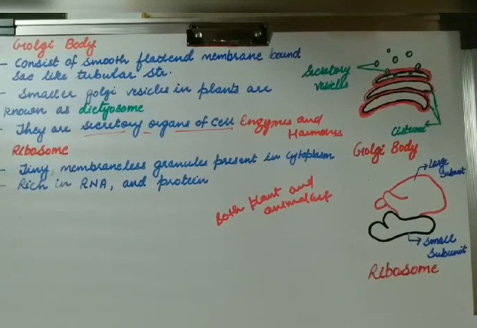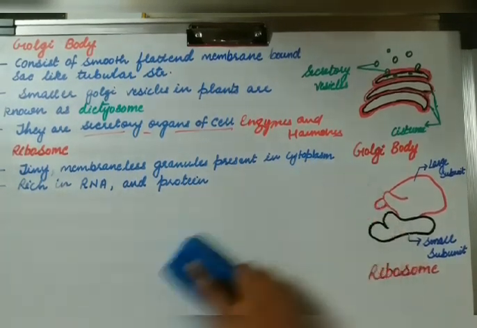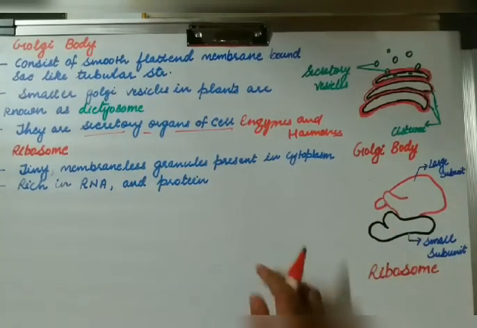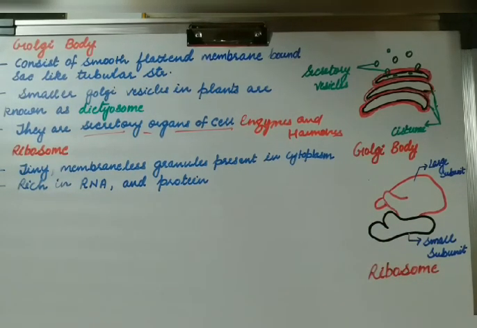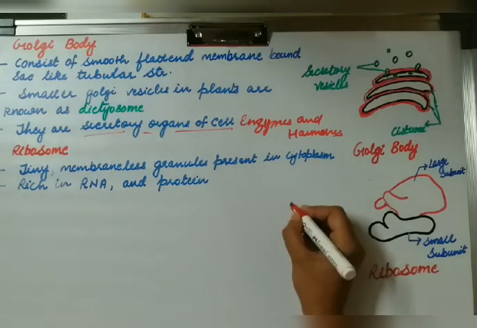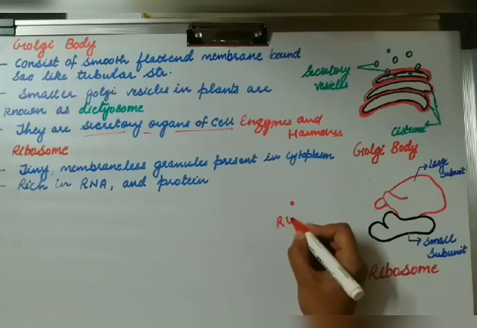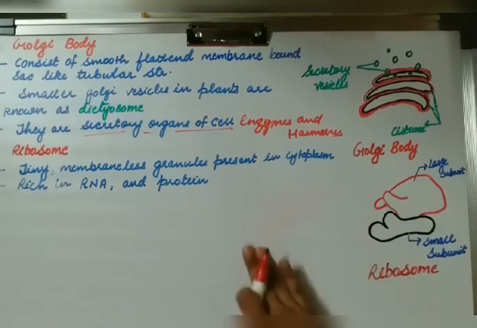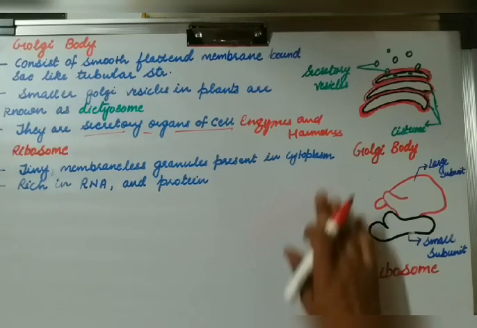Now the next organelle, that is our ribosome. So ribosomes are tiny and membraneless. They don't have a membrane. They are tiny membraneless granular structures present in the cytoplasm. When I was dealing with the endoplasmic reticulum, I showed you the small tiny structures present on the surface of the endoplasmic reticulum, and due to that it was known as RER. So this is the basic structure of this tiny granular structure. They have two subunits, the large subunit and the small subunit. So basically in prokaryotes and eukaryotes they are different.